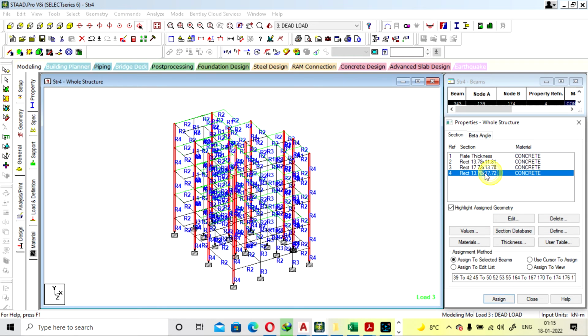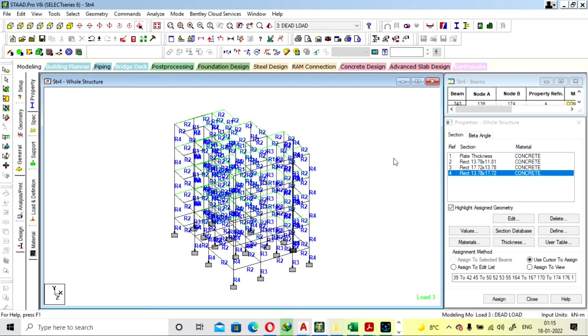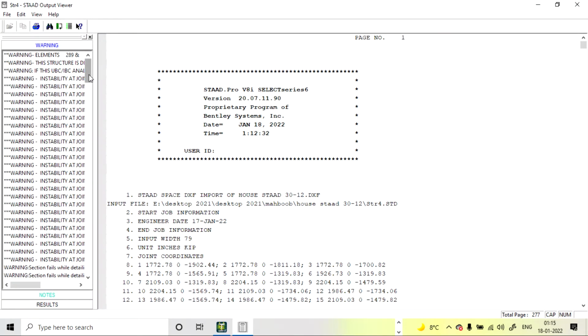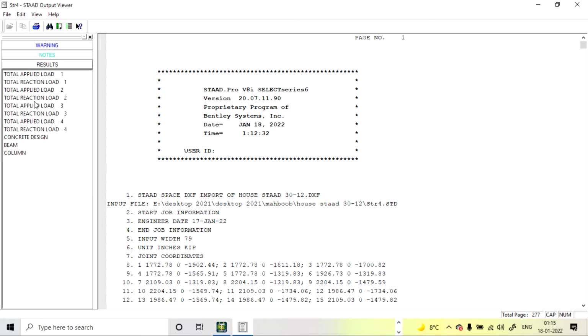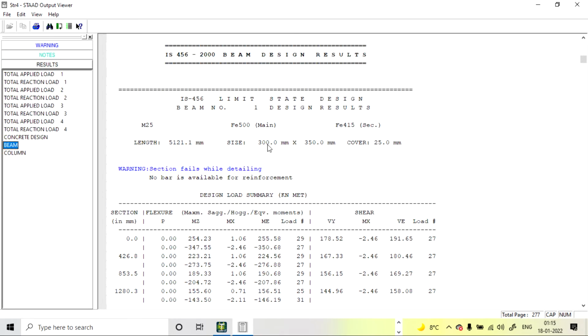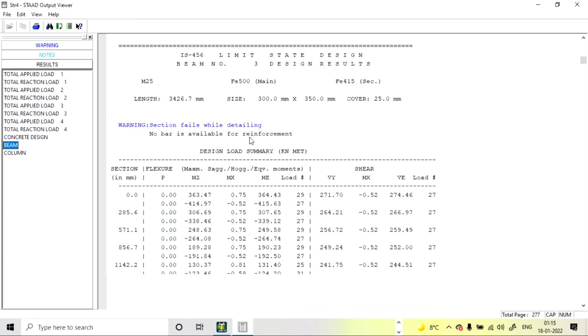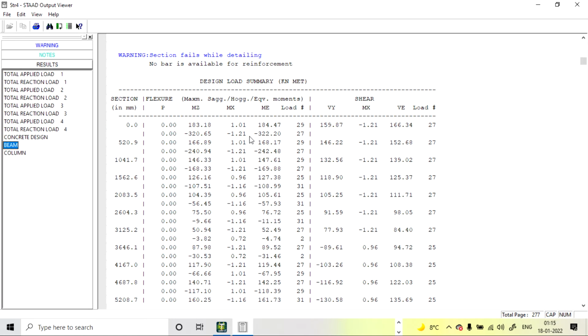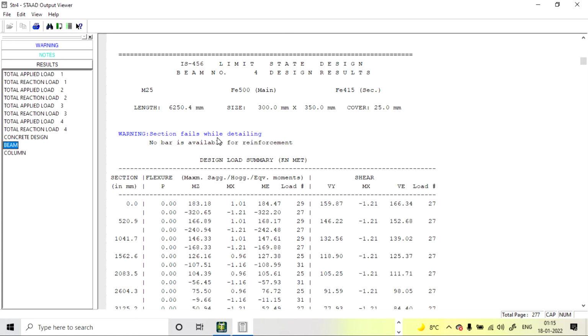now this will be, and from here also you can check your column steel and beam steel reinforcement. Beam, so your summary will be available here. So if any beam fails, it will show you like this.